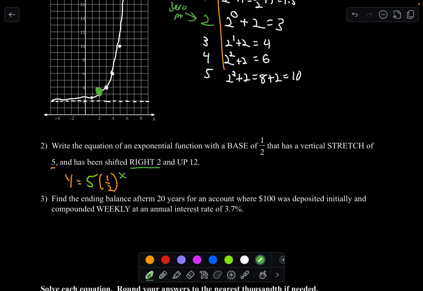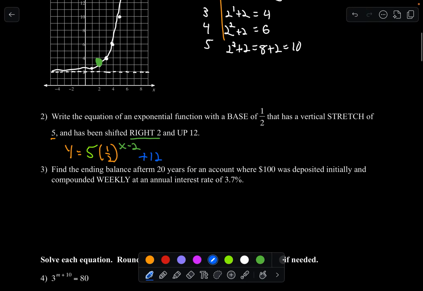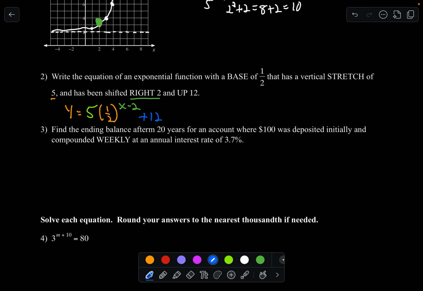That means it's going to be x minus 2 and up 12, which means plus 12. There you go. Multicolored, looks kind of pretty. Pretty easy. All right. Number 3, finding the ending balance after 20 years for an account where $100 has been